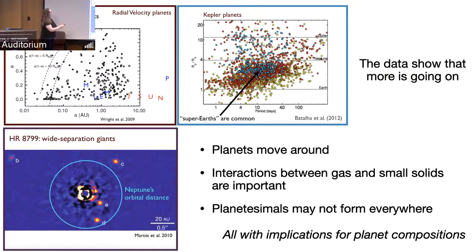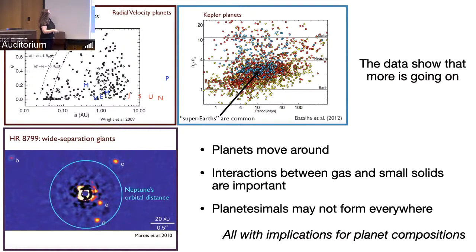Planets can move dynamically through disk migration, through scattering, through tidal dissipation, through a variety of potential mechanisms that could be really important. Even in the solar system, we know that our giants moved around, from the dynamical structure of the trans-Neptunian region. That was discovered at just about the same time that exoplanets were discovered. From the Kepler planets, transits show that super systems are common. We don't have any analogs.